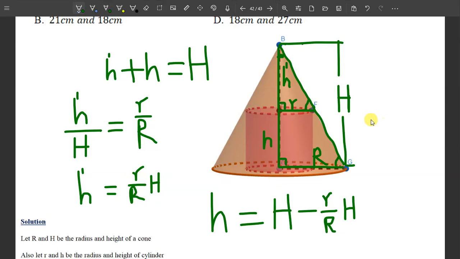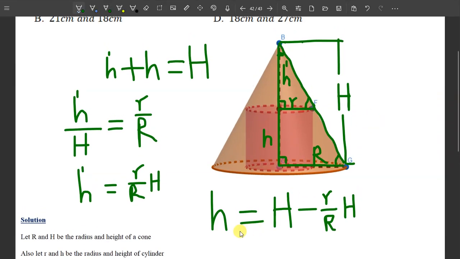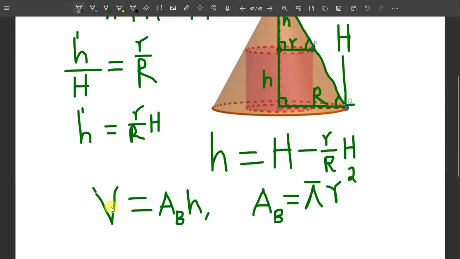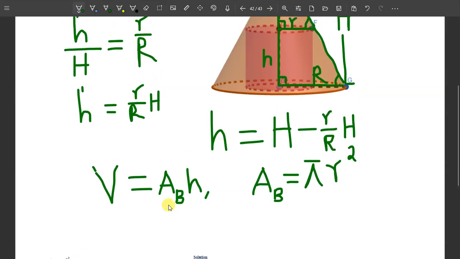What is the volume of any cylinder? We know that the volume of the cylinder is equal to the area of the base multiplied by its height. But since the cylinder is circular, its base is a circle, and the area of a circle is pi r square, and therefore replace the area of the base by pi r square, and the result is going to be